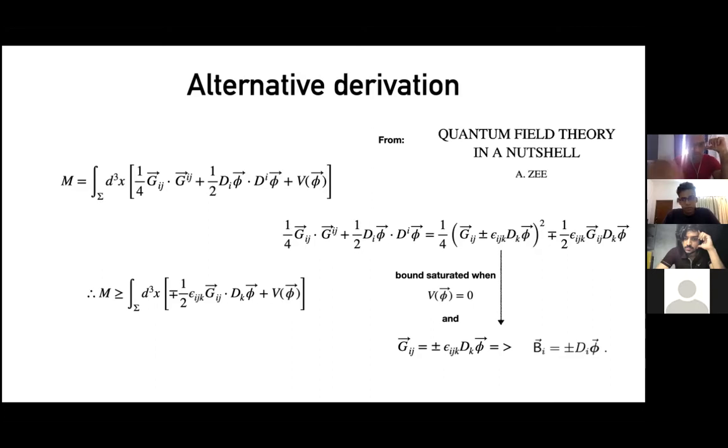So first, let's drop v, and then ask, if you have zero potential, how can the bottom expression equal the top expression? That'll only happen if g is d phi. Because then you'd have both these terms being the same. Essentially, that special configuration will be equal to the mass itself. And so that's the solution that saturates the bound.